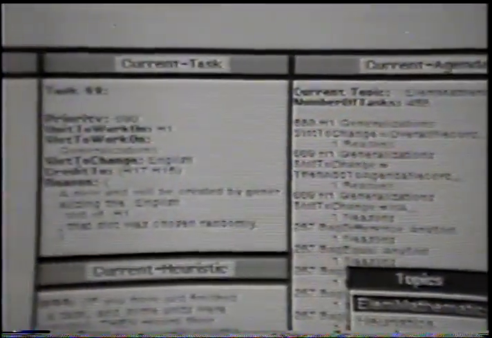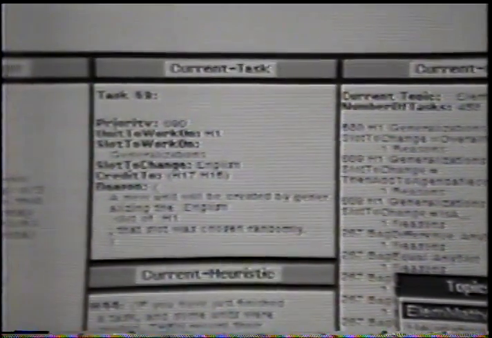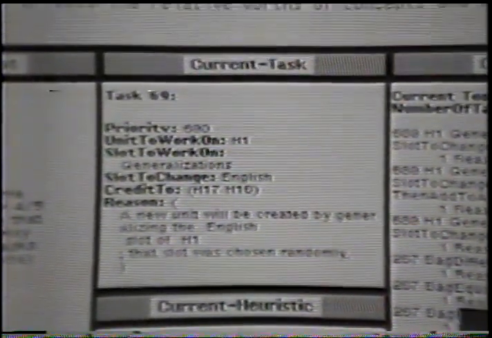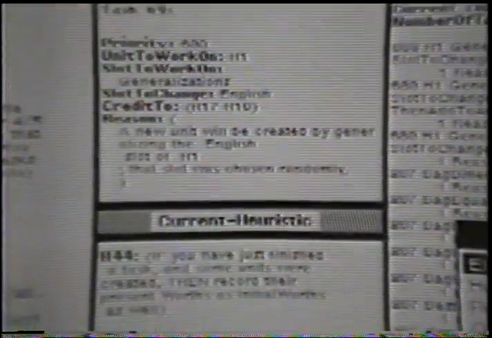Moving to the left, we see the current task that happens to be selected and is being worked on. And below it, the heuristics which are being applied to that current task. Down at the very bottom, you see rapidly flickering numbers, which are the numbers of heuristics which are potentially relevant to working on the task.